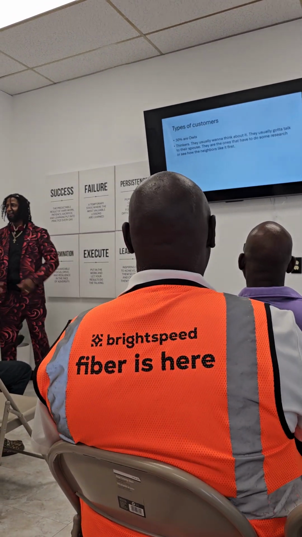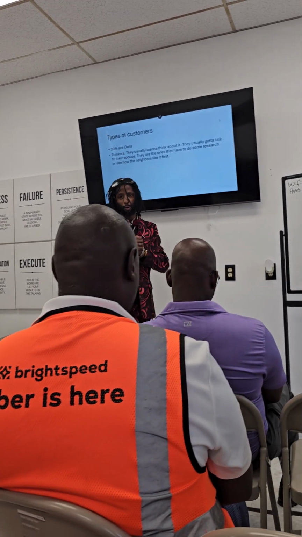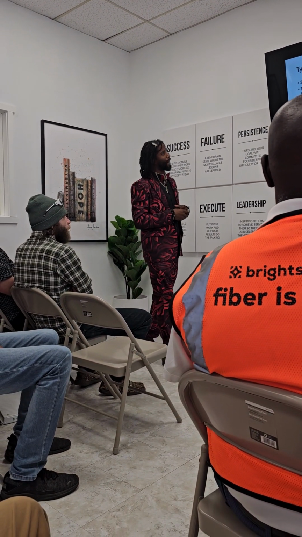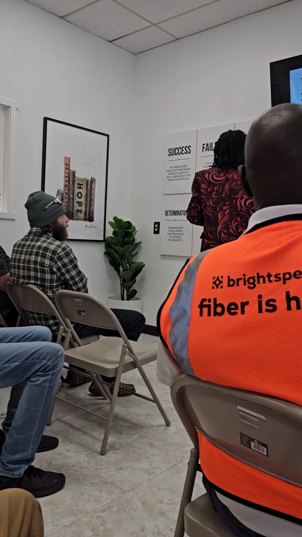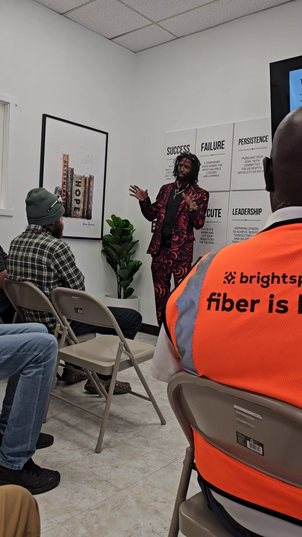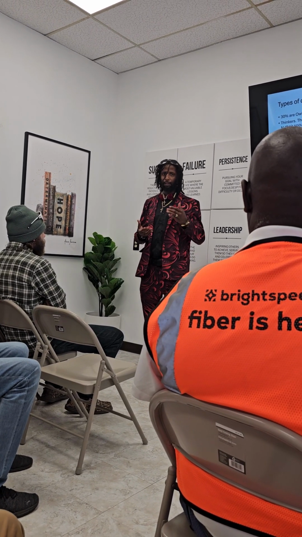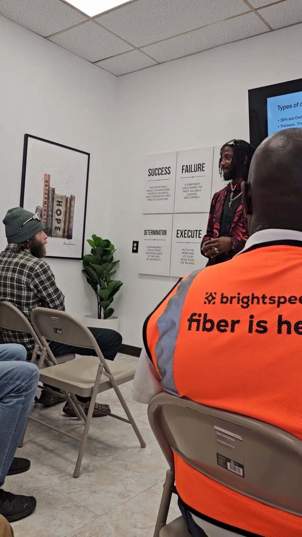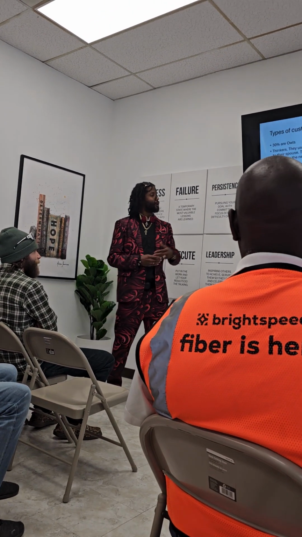So the first type of customer we're going to talk about: 30% of the people that you're going to talk to are going to be what we call owls. These people are thinkers. They usually want to think about it. They usually have to talk to their spouse. Let me think about it. Let me talk to my spouse. They're the ones that have to do some research. I don't know if I want to make a decision just yet. They're the tiptoers, right? So we have to be able to identify those as our thinkers, our owls. When you say Brightspeed, they say, who? I want to know more. So those are your owls.